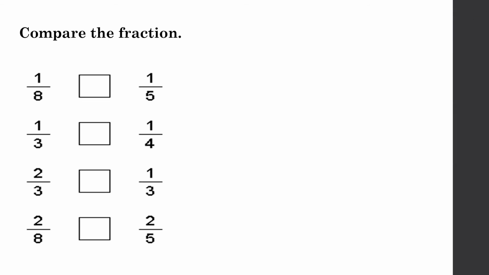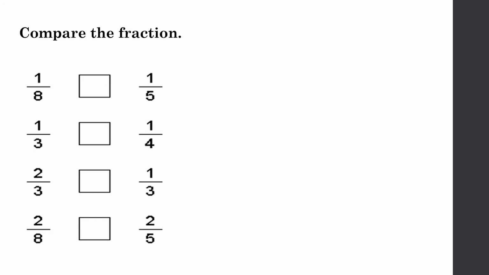Now children, to compare fractions, that is, to find which one is greater or lesser than another fraction, what will you do? The first method is to simplify the two fractions to fractions with a common denominator. If the fractions are like fractions, that means they have the same denominator, you can then compare their numerators. If the denominators are different, that means they are unlike fractions, you can find a common denominator first and then compare the numerators.